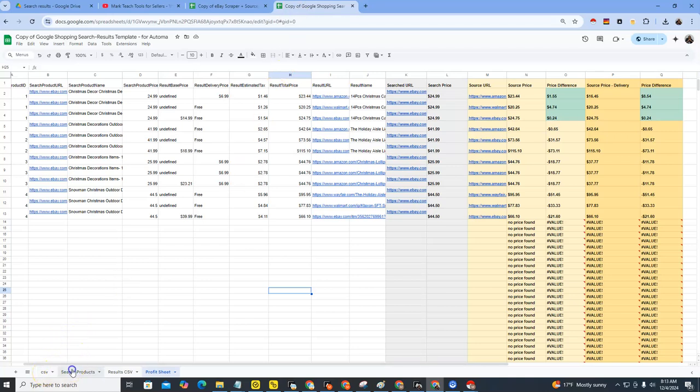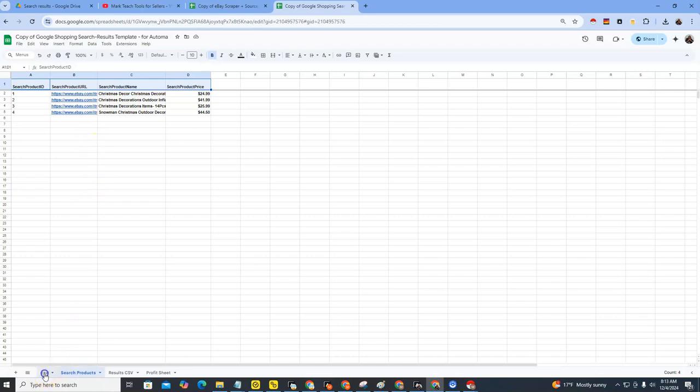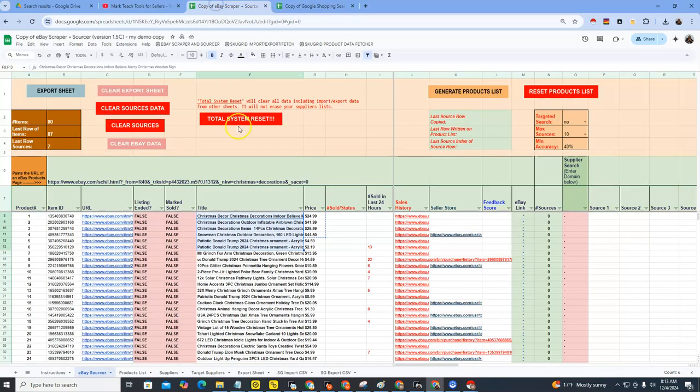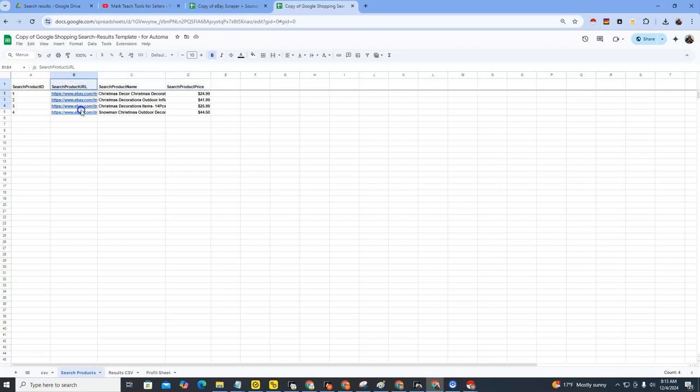So the first thing is you get the products in here, right? If you use Instant Data Scraper, you can import the CSV here and then copy and paste. But if you use the eBay Scraper, you can copy and paste it from here. Either way, there are three things you need: the URL, the name of the product, and the prices. You definitely need those three things. The product ID is here just for identification of each product, but basically these are necessary. This list can be as long as you want it to be. Once it's done,